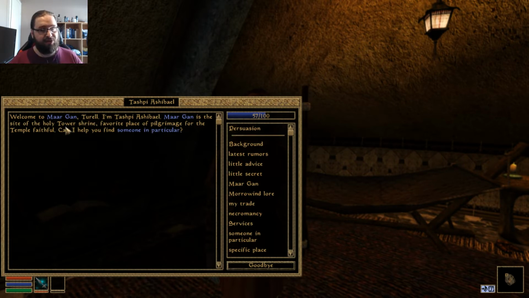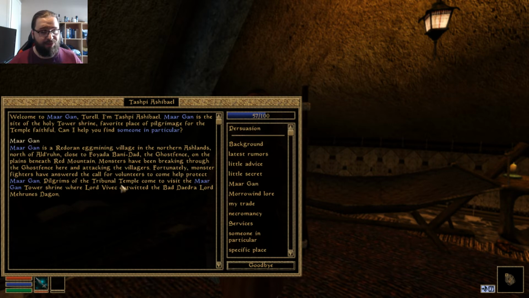Margan is the site of the Holy Tower Shrine, a favorite place of pilgrimage for the Temple Faithful. Can I help you find someone in particular? You can tell me about Margan, I guess. It's the Redoran egg mine village in the northern Ashlands, north of Aldrune, close to the Foyada Banidad. The ghost fence on the plains beneath the Red Mountain. Monsters have been breaking through the ghost fence here and attacking the villagers. Fortunately, monster fighters have answered the call for volunteers to come help protect Margan. Pilgrims of the Tribunal Temple come to visit Margan Tower Shrine, where Lord Vivek outwitted the bad Daedra Lord Mehrunes